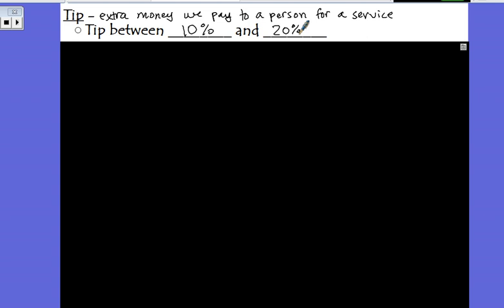We tip because people who are providing a service for you are only getting paid a small amount of money from their company for whatever service they're doing. So I'll give you an example. Waiters and waitresses get paid well under minimum wage. When I was waitressing, I got paid $3 an hour. Back then, the minimum wage was about $7. The company was allowed to do that, even though technically it's illegal to pay less than minimum wage,